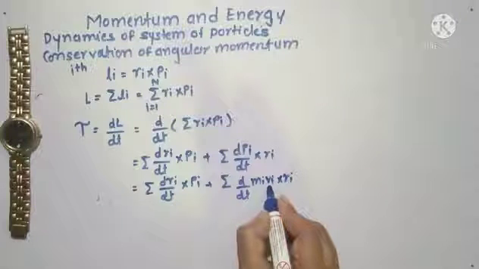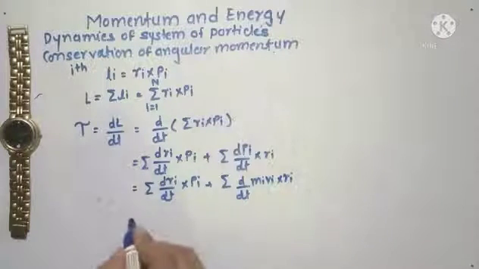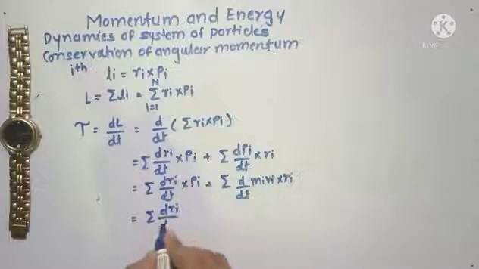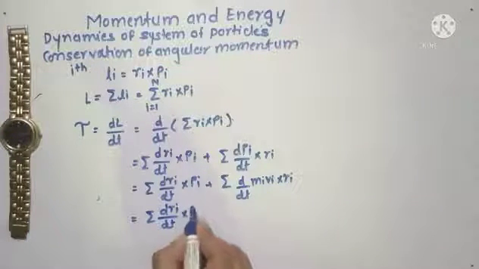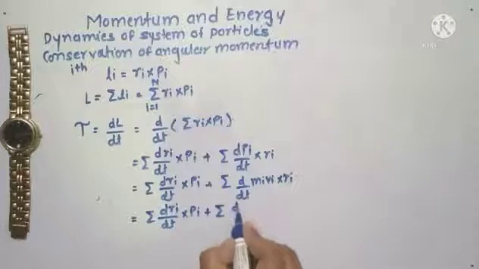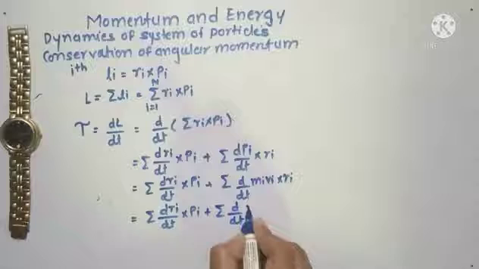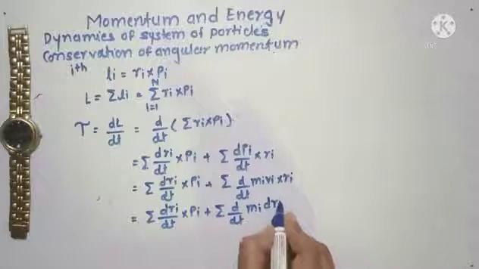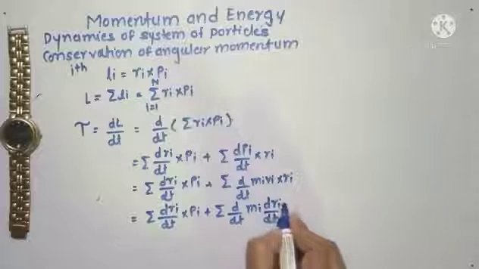So the summation of dRi upon dt cross Pi plus the summation of d by dt of mi dRi upon dt